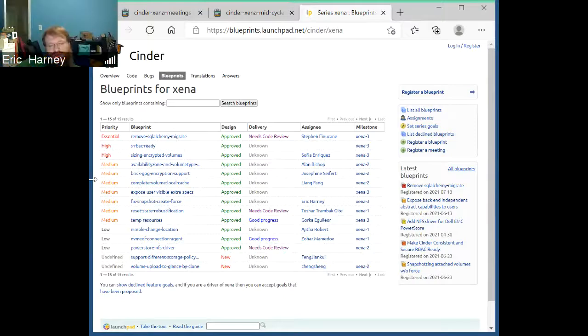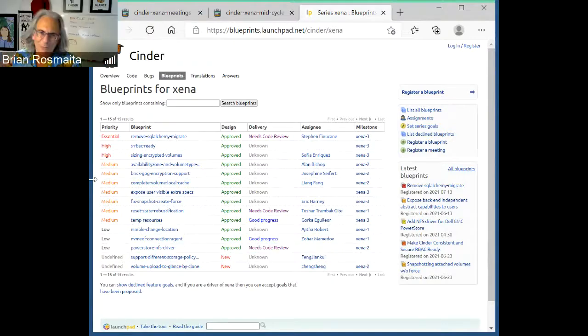Mine actually is there. I just forgot about it because it's not actually linked in my Gerrit review. Oh, okay. Yeah, but I believe the linking has been fixed, but for a while, after the change to Gerrit, the Launchpad Gerrit thing was broken. So check to make sure. Okay, so anyway, if you've got a blueprint and you also have a patch, please check your blueprint to make sure there's a link to the patch so we can easily find it.